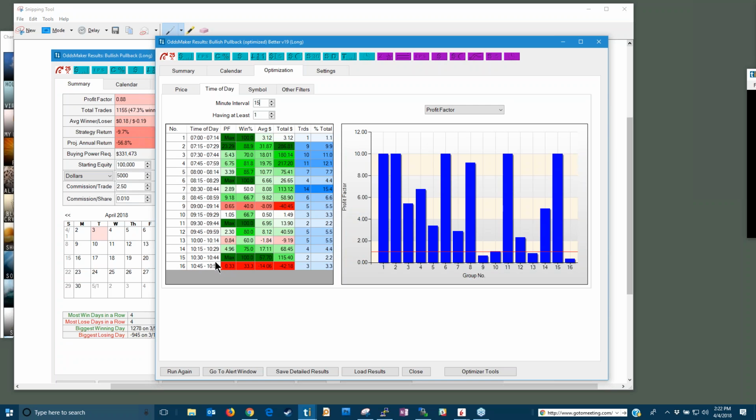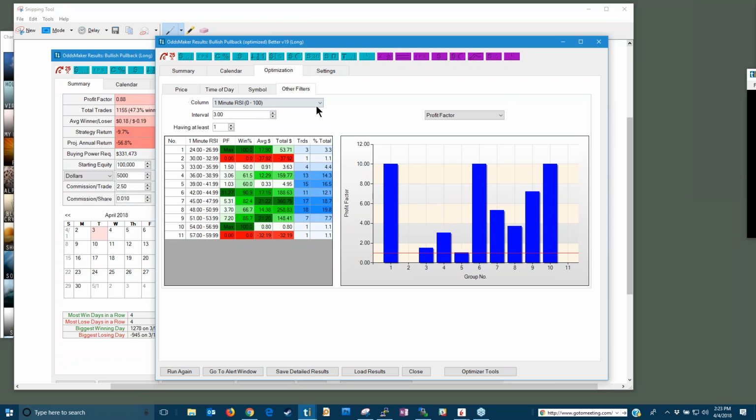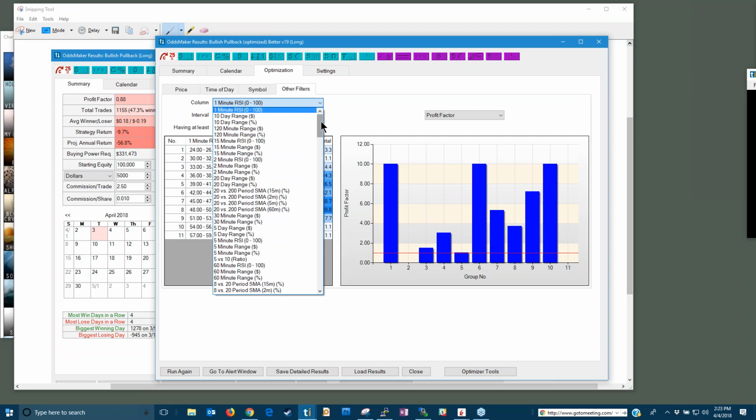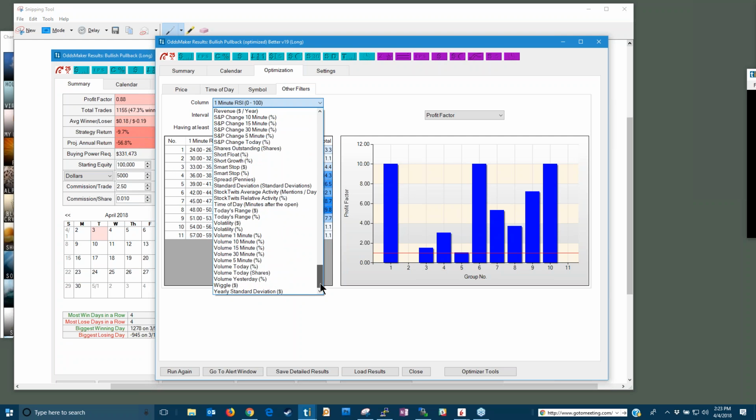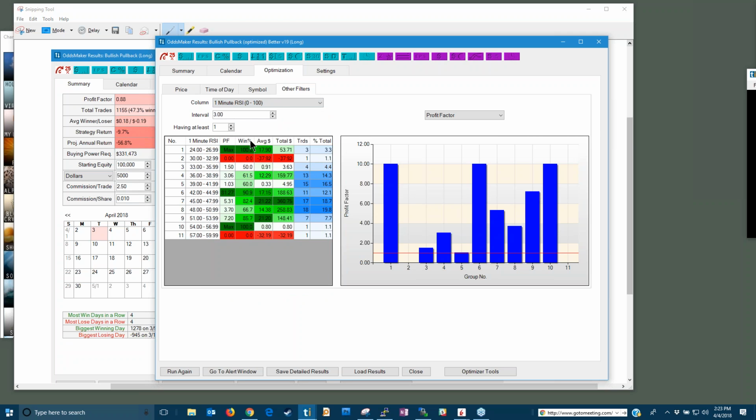Maybe I look at this, it's already an optimized strategy, so I probably don't want to do a whole lot of tweaking to it. But maybe I don't want to trade this last 15 minutes between 10:45 and 11 o'clock. So that's the data that it's telling you right there. So the real powerful one is really this other filters tab right here. The other filters tab, when it's set up right, you have access to all the different filters that we have in Trade Ideas. So the 1 minute RSI, you can see exactly of these 91 trades that we're looking at,